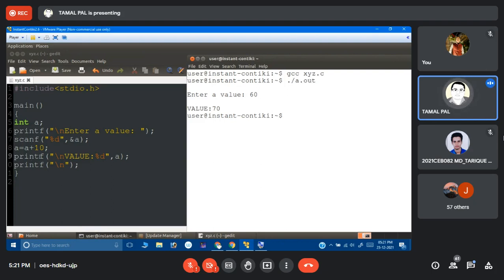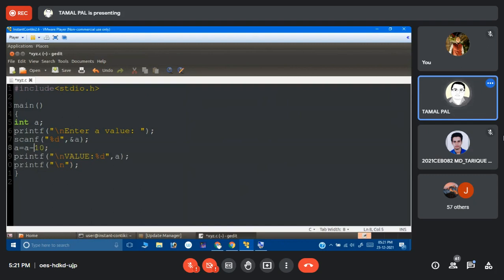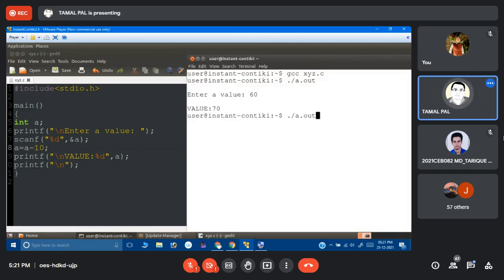This program actually increments what you are providing by 10. Now let us make it decrement. That means if I make it a equal to a minus 10, then same thing, enter a value. If I provide 60, it becomes 50.